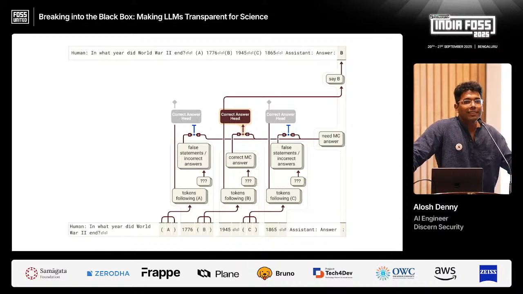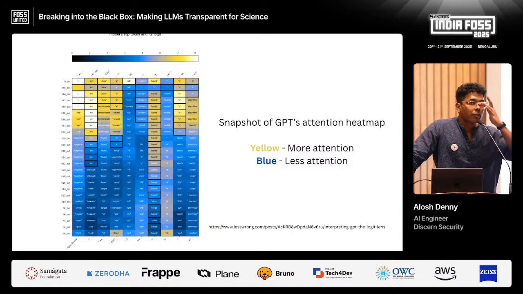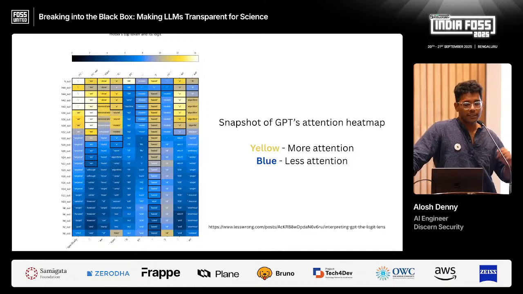Now, how do we see this? How do we know that it selected 1945? Not because it was trained on it, but because it was able to think with precision that it was correct. And that's what Transformer Lens does. And just to get a bit technical, this is an attention heat map that shows us how relevant different words are. So the more yellow the words or tokens are, the more relevant they are. The more blue they are, the less relevant they are. And this is sort of like a low-level view of what Transformer Lens gives us.